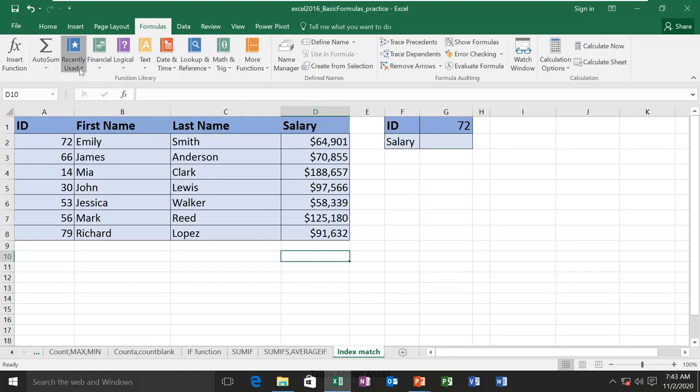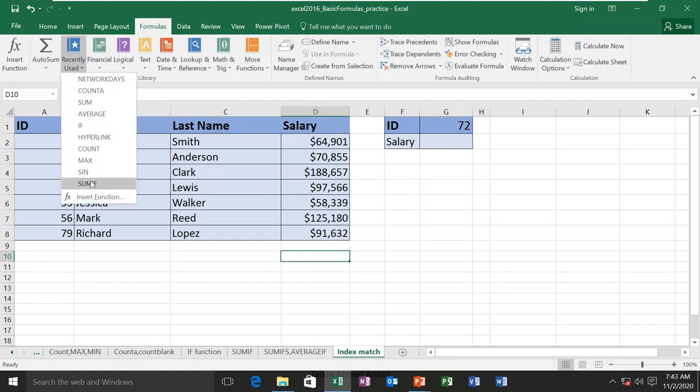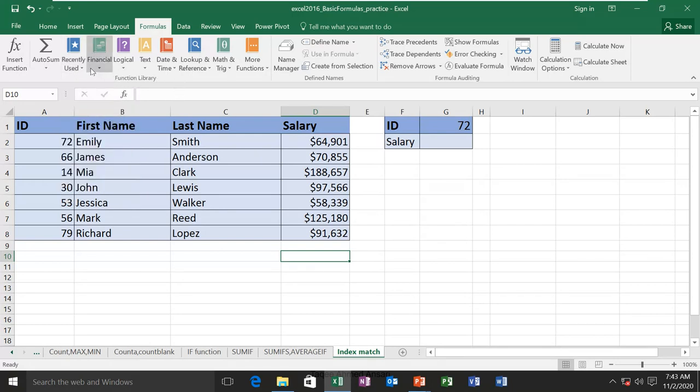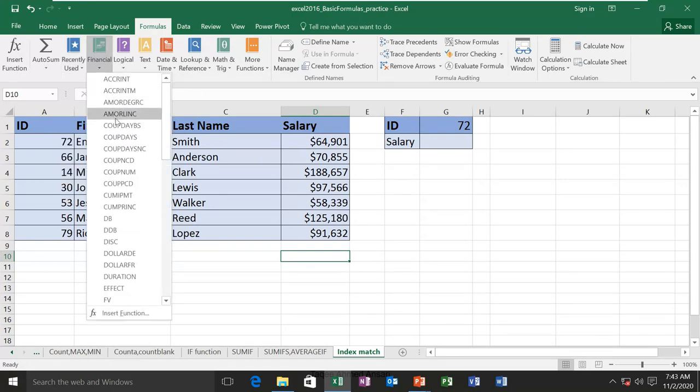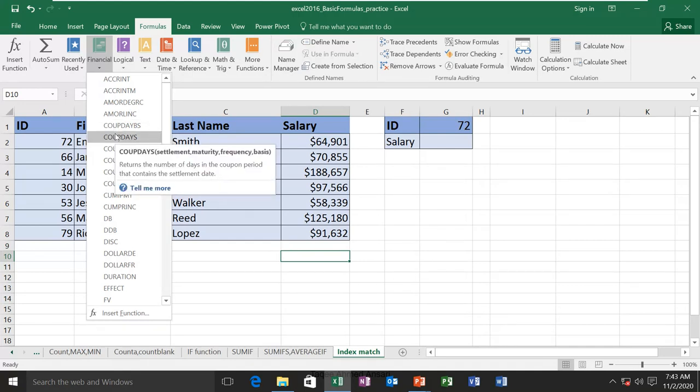Then you have this option where you get some recent functions which you have used already, so you can use them from these recent functions. Otherwise you can go on to search by categories. There are 461 functions here within these categories. Whenever you go to any function, for example financial, and hover the mouse there, it will give you the preview of the syntax, and also the detail about the function, like what it is going to do.